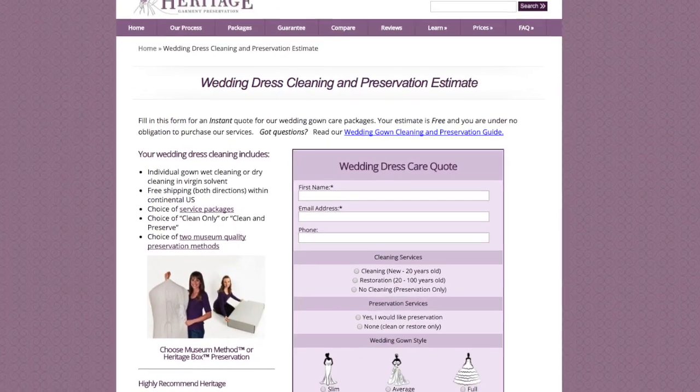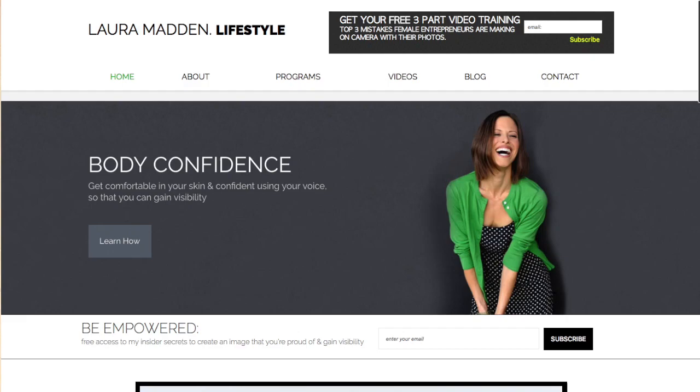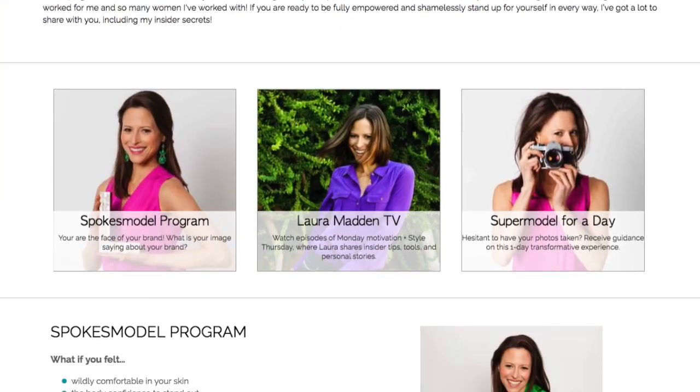Versus Google ads, when somebody is searching to solve their particular problem, you can land them on a product page where they're more likely to buy the product, or on a contact us page where they can fill out the form and contact you if they need their dress repaired or need to hire you as a consultant.